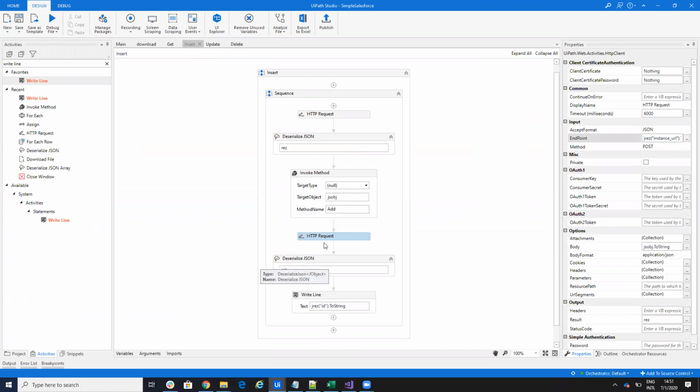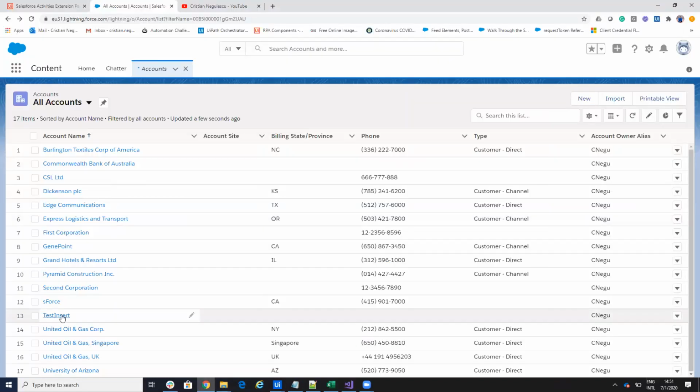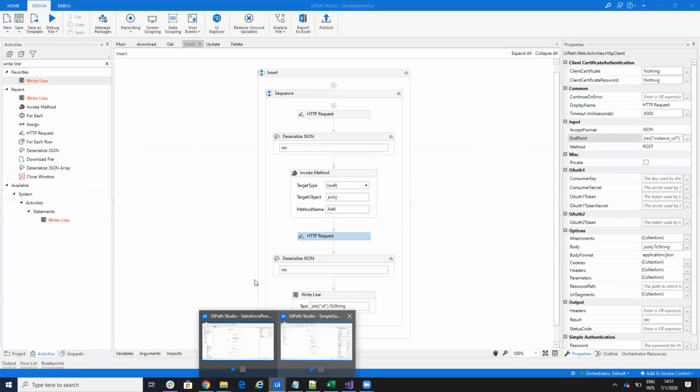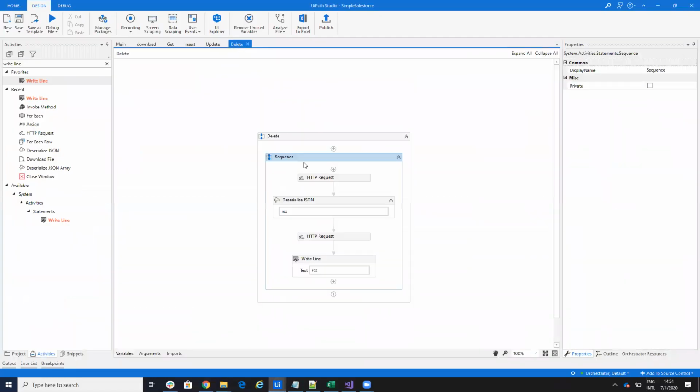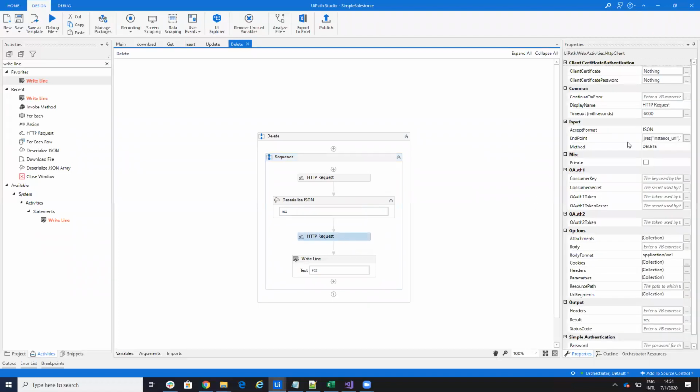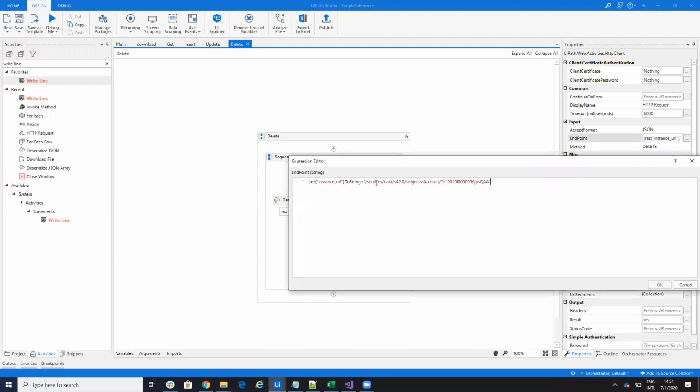Now, if I want to delete this account, I will go to delete. Again, I authorize, I extract the data, and here I will use a delete method, and the endpoint should be the instance URL, services data, the object account in my case, and the ID.